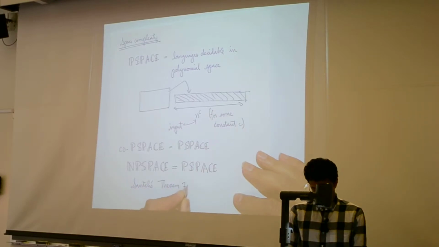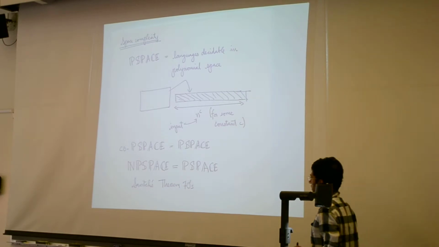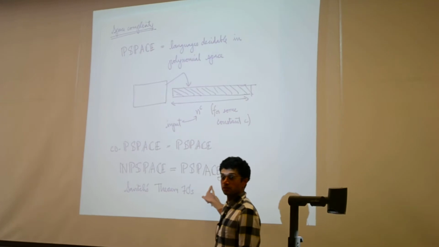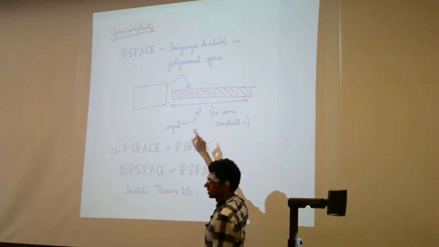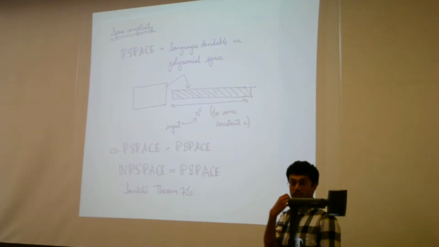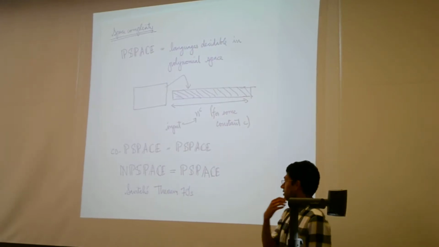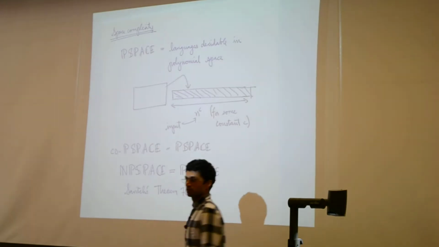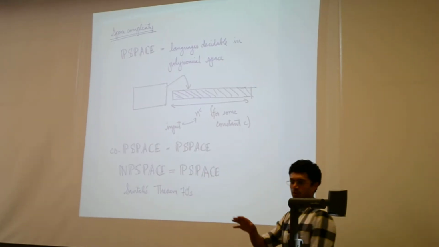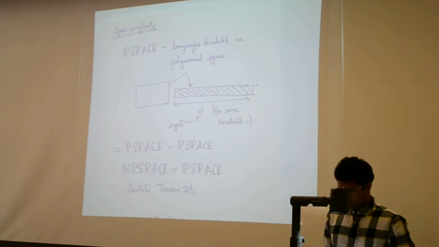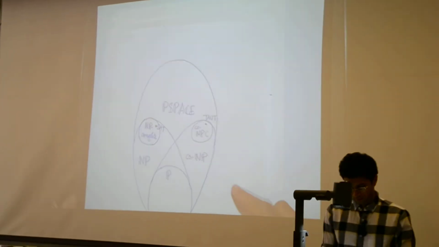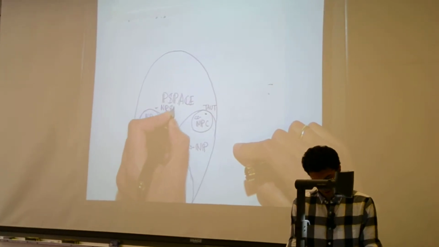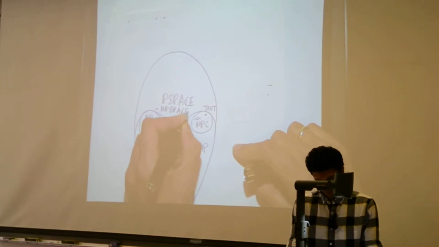From the 70s, I think, I forget exactly when, it says that non-deterministic P space is P space. So non-determinism doesn't seem to buy you anything in space, but it does buy you something, we think, in time. In time, it does make a difference. This is not obvious. There's no way that you're going to look at this and guess, oh, I think that's how they did it. Okay? So P space is equal to NP space. So that's Savage's